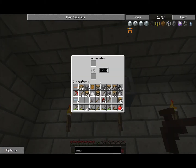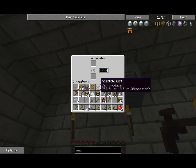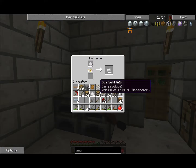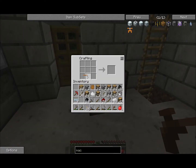Alright. So now I want copper ore. We're going to macerate all of it. And we're going to put in plenty of scaffolds. While that's cooking, I'm going to take this tin and this rubber. I've already got 5 cables left. I'm going to turn those into copper cables. And I want...